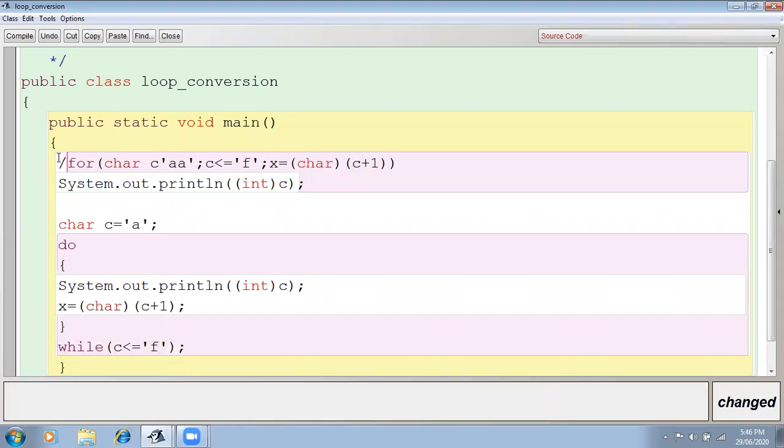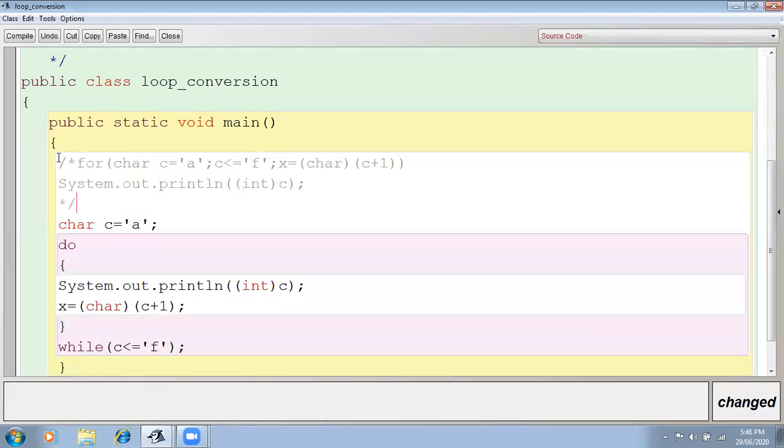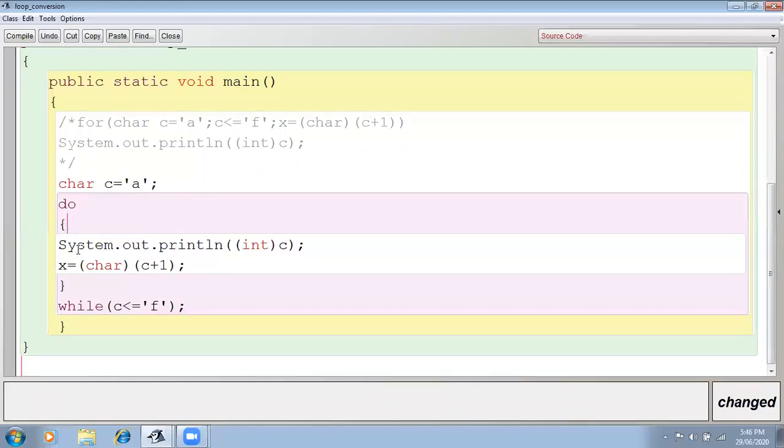Okay. Now this is the conversion, and here I want to explain the code also. See what is this code. I think by watching that, oh, it is very difficult. No, it is not difficult. Whatever is written in the initialization, you have to place at the initialization. Whatever is written as the test condition, you have to place as the test condition. Now we can check. See that char c equals a.